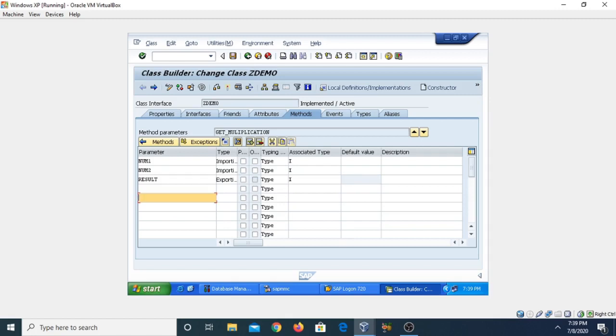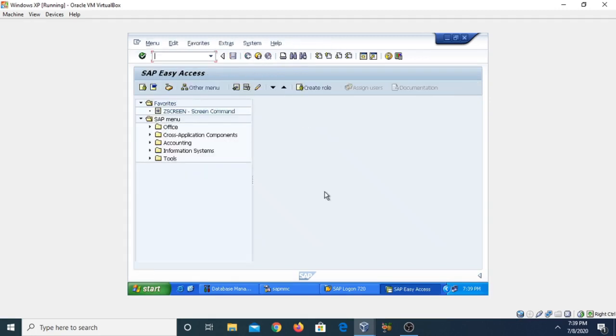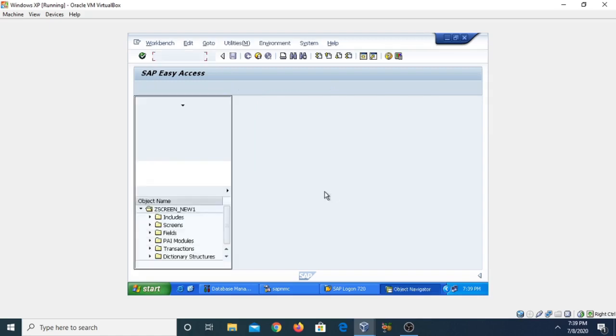Now come to accessing this global class in the program. To access the global class in the main program, you can create a new program. Go to SE80, the object navigator.